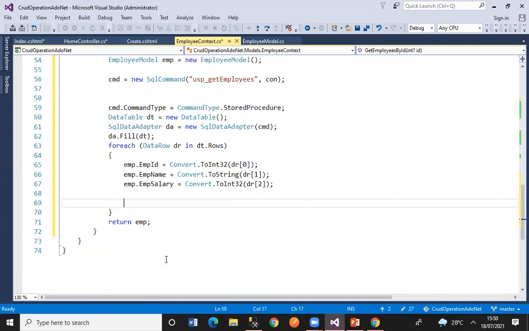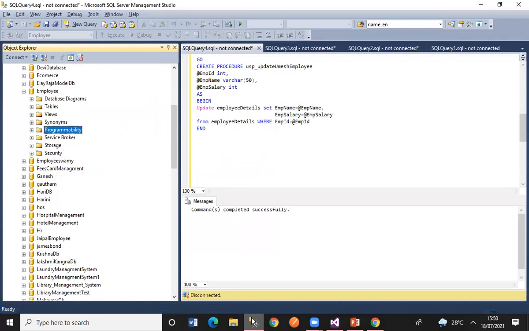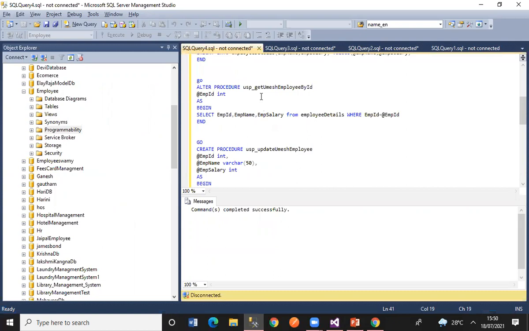Let me explain this code, what I'm trying to do. Before that, let me open my stored procedure. I'm going to use one stored procedure, usp_GetEmployeeByID, whatever the stored procedure I have as of now.